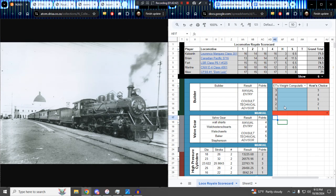Is it 116 or is it the Big Belgian? Because one of those I will be mustering. No, it is neither. It is SNCF 242. Oh no! The French. Oh god, the French. I've wanted to mention this. Or if I can finish the stat sheet for it, it'll be the